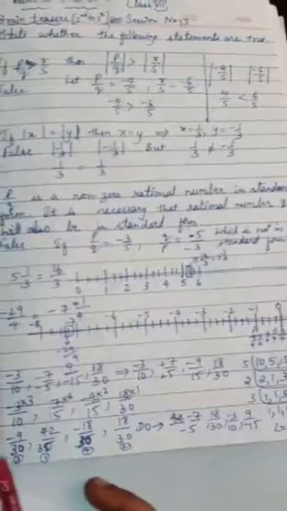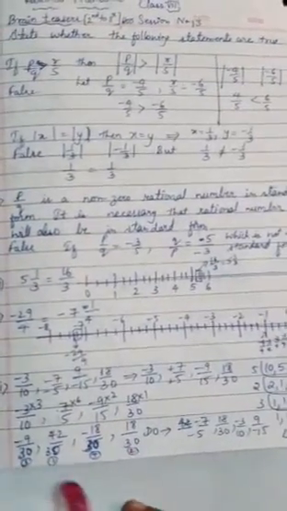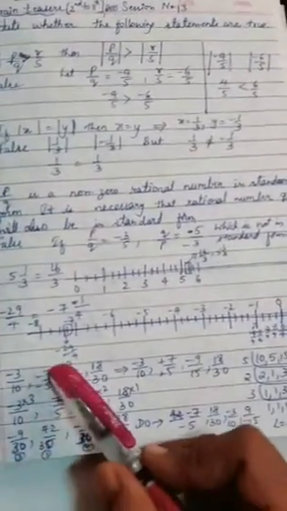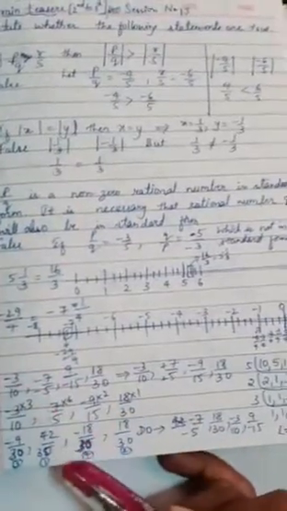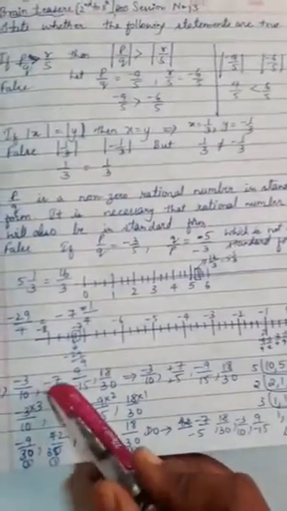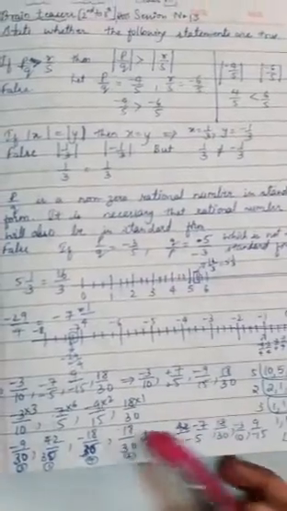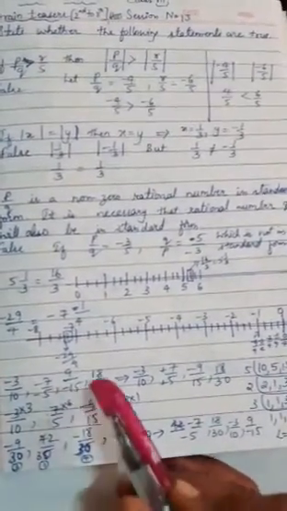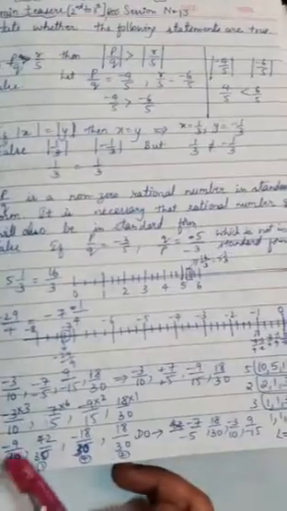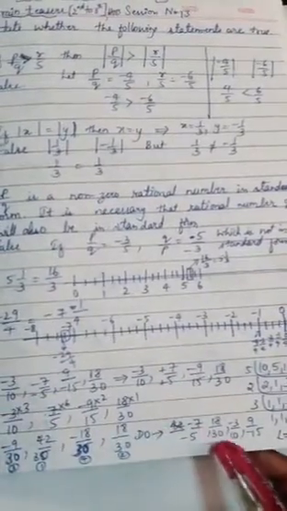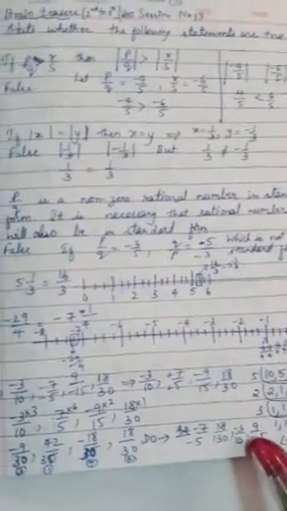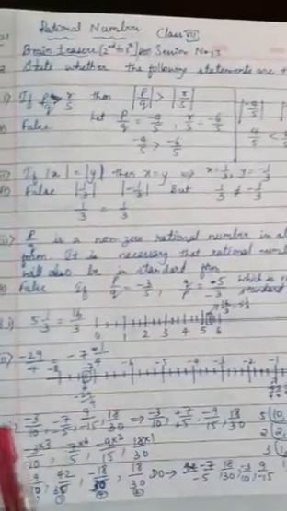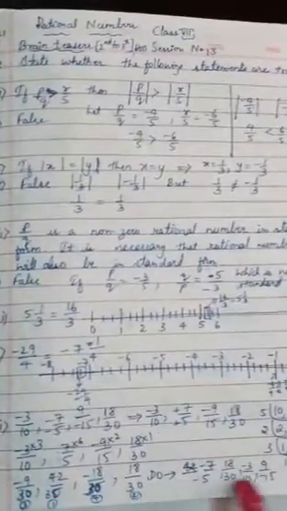Now, according to the numbers we have allotted here, we have to write the particular rational numbers which are given in the question. So according to this, the first one is minus 7 by minus 5, second one will be 18 by 30, third one will be minus 3 by 10, and the fourth one is 9 by minus 15. In this way, we have arranged the given rational numbers in the descending order.